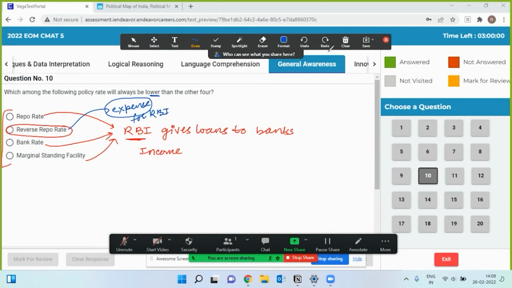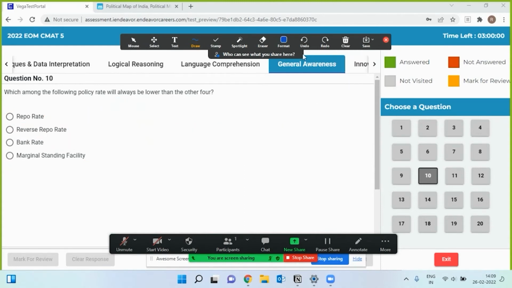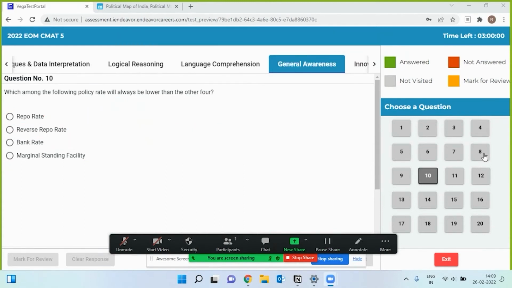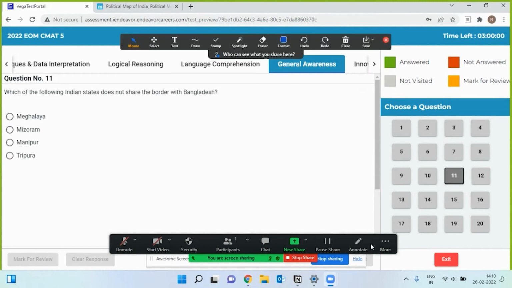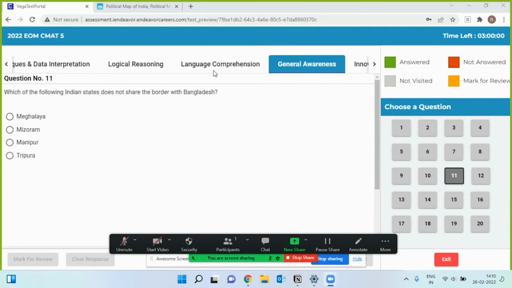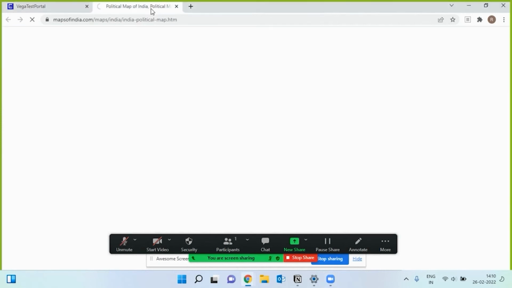Okay. Question number 11 is about which Indian state does not share its border with Bangladesh. This is a difficult question unless you know the geography of India's northeast. So let me show you this image. This is a political map of India. On your screen, it will open in just one minute. And when this map opens, you will be able to see the boundaries of India's northeastern states. Correct. So if you look at India's northeast,